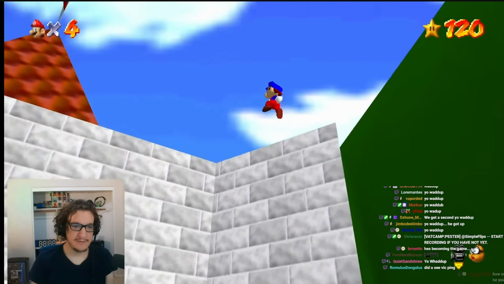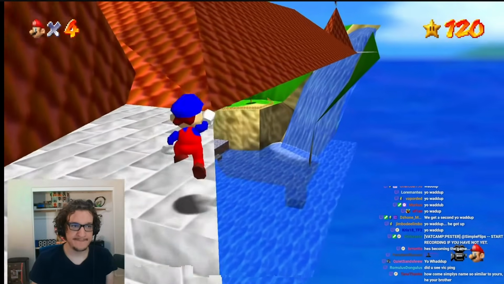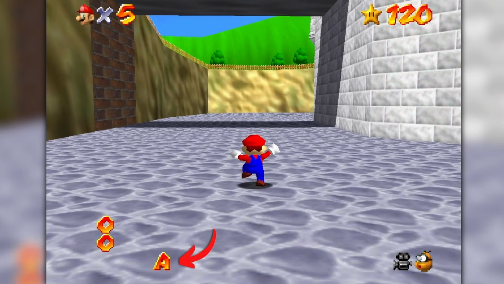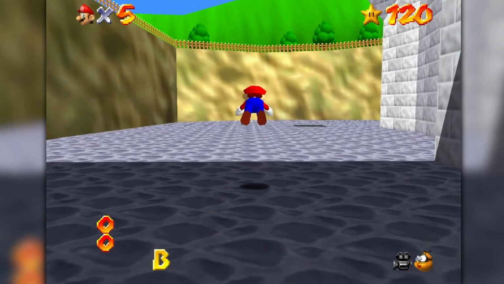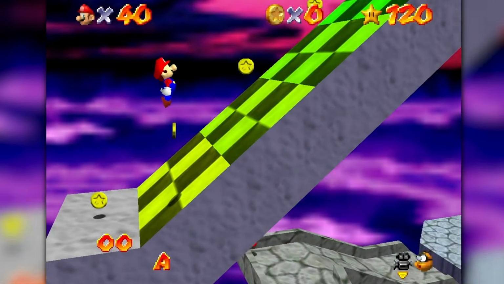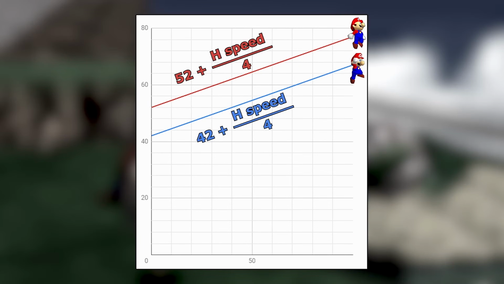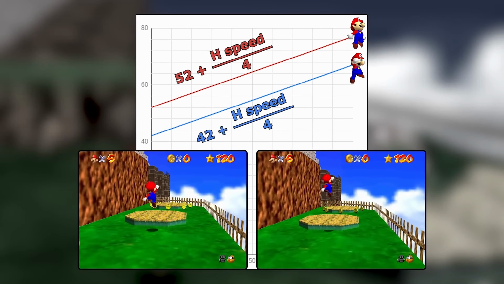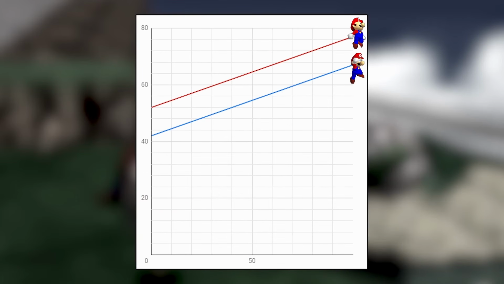The speed, however, would of course be lost once Mario landed. However, there are various tricks, such as most notably the speed kick, which allows Mario to conserve his speed for a little while and not lose it all immediately. And then what do we do with that speed? We jump really high. As Bismuth already pointed out in his 0-star TAS explanation video from earlier, Mario's double jump gains more height the more speed he has.